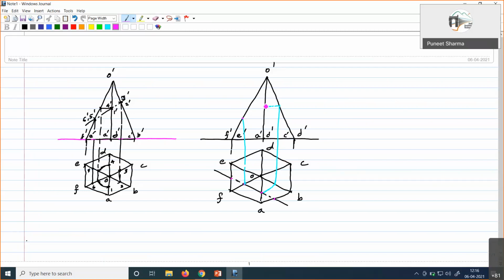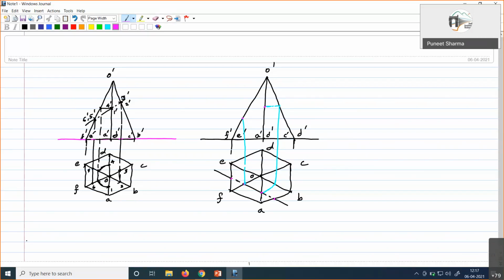So here, what I was trying to mention in this second part is, in the first part, the section plane was passing through this front view. So when the section plane was intersecting O dash for the first one, the left figure, if you see in the left figure, section plane was passing through the front view. So O dash A dash or O dash D dash were intersected at 1 dash 4 dash. Corresponding to that, we tried to obtain their locations in the top view on OA and OD.